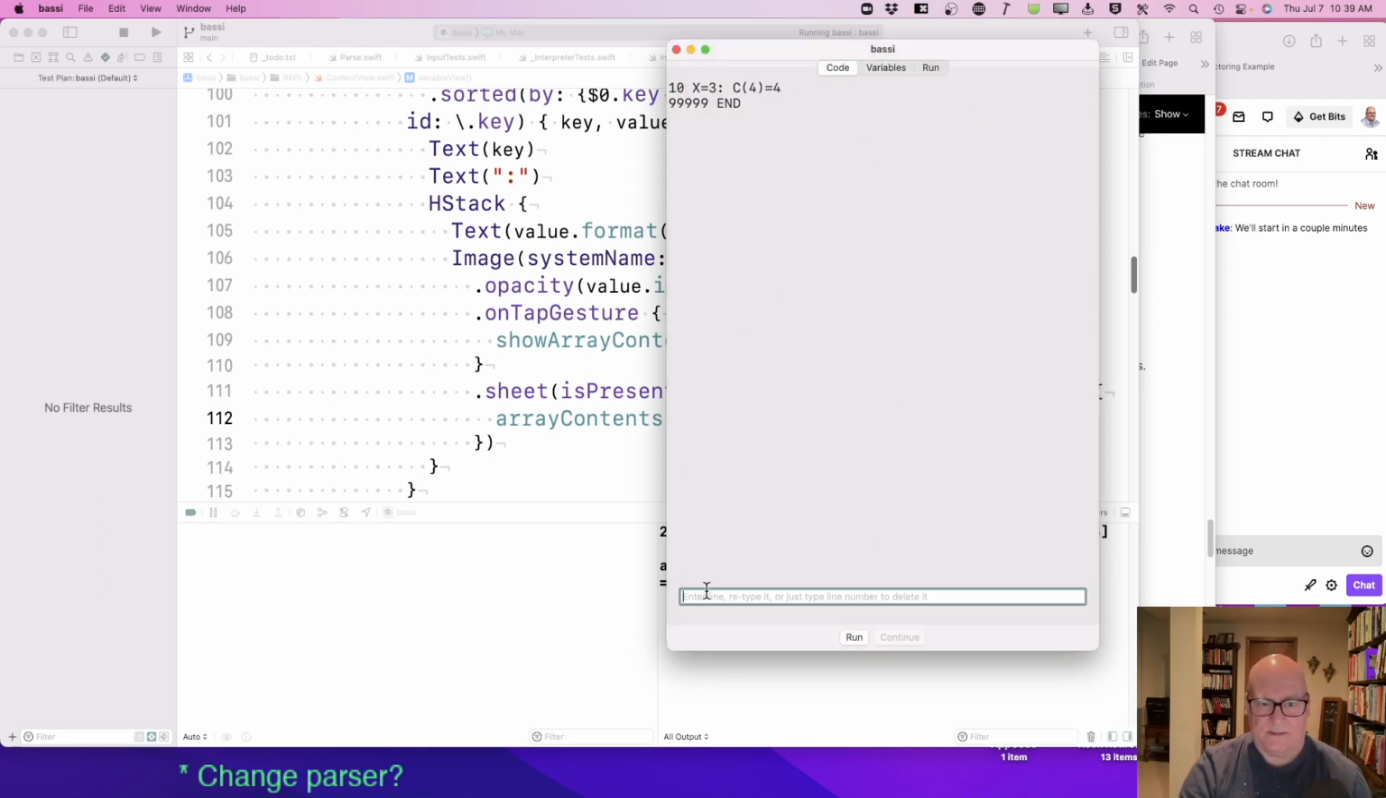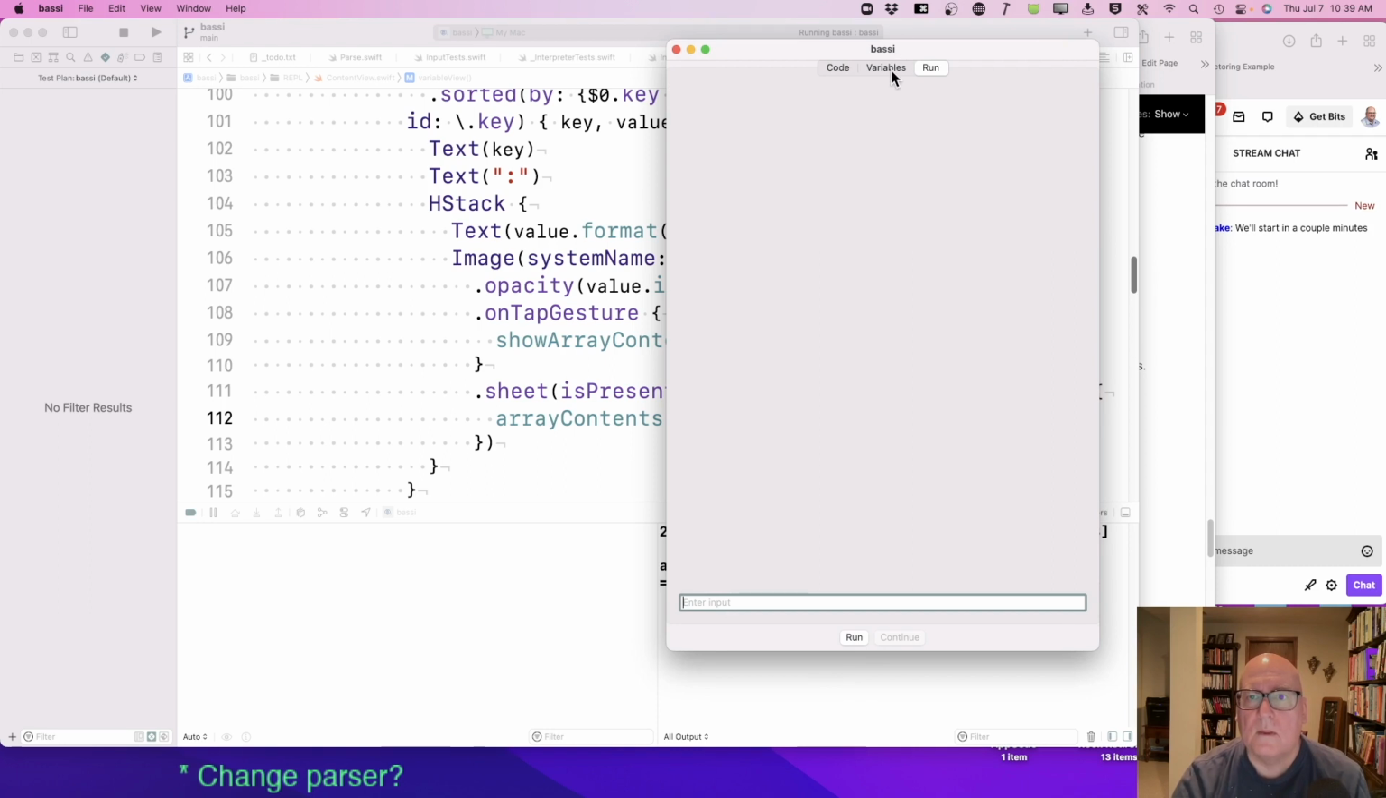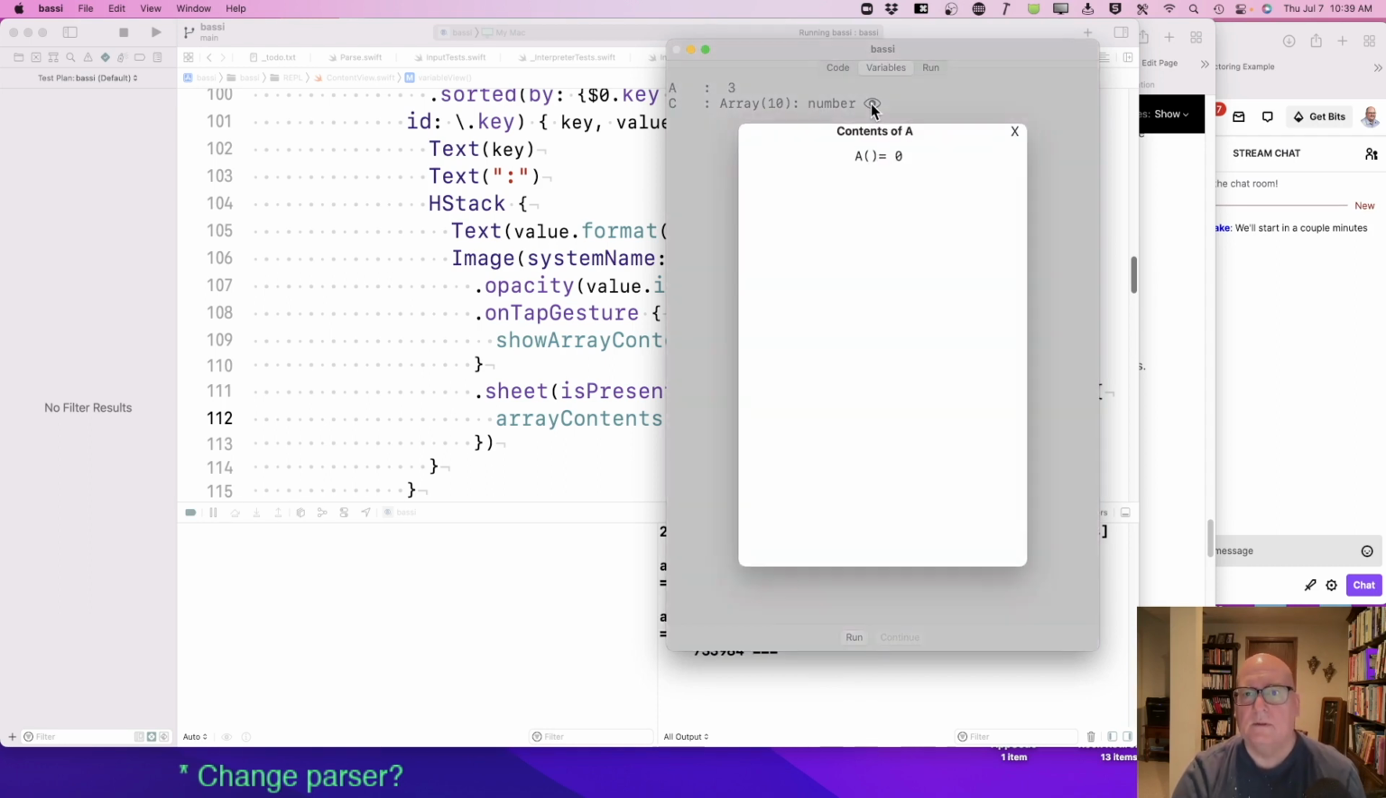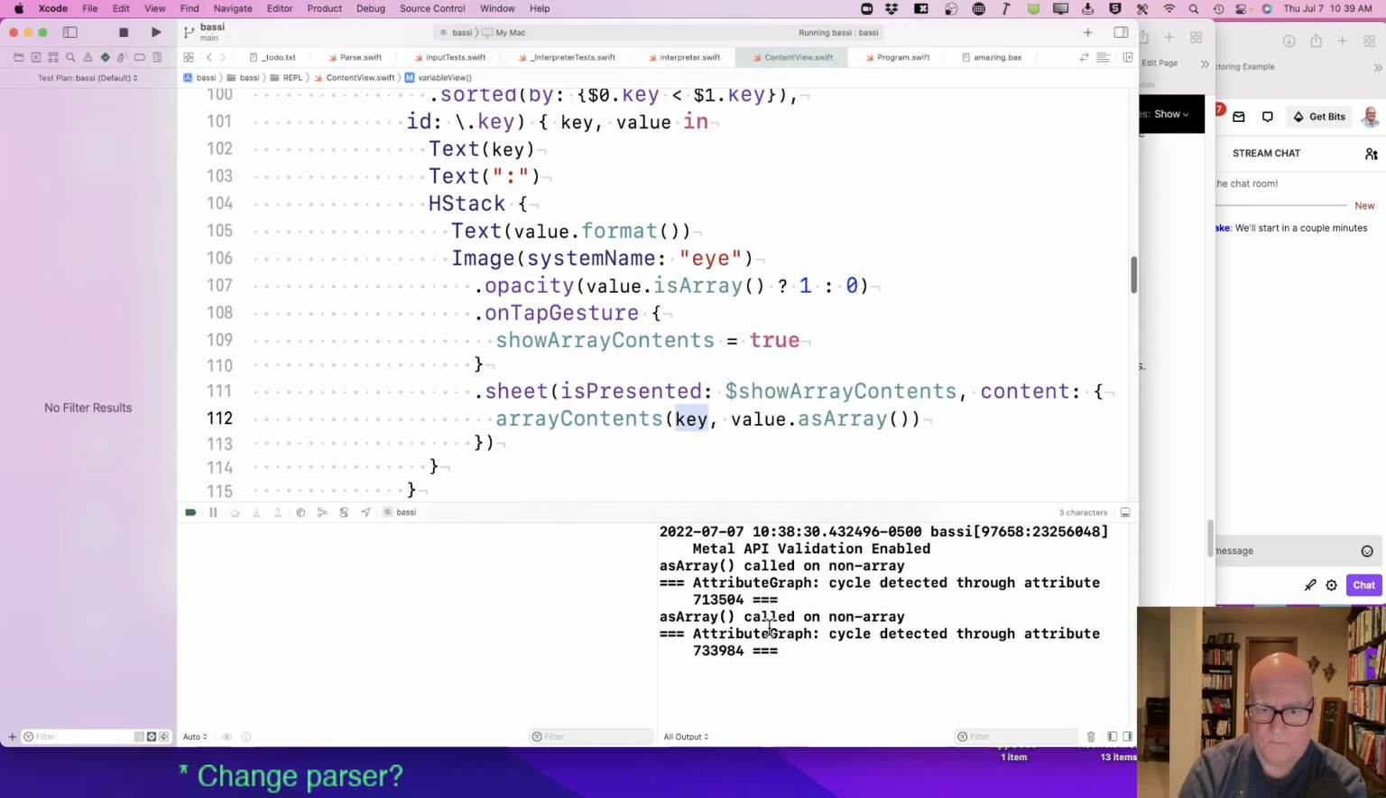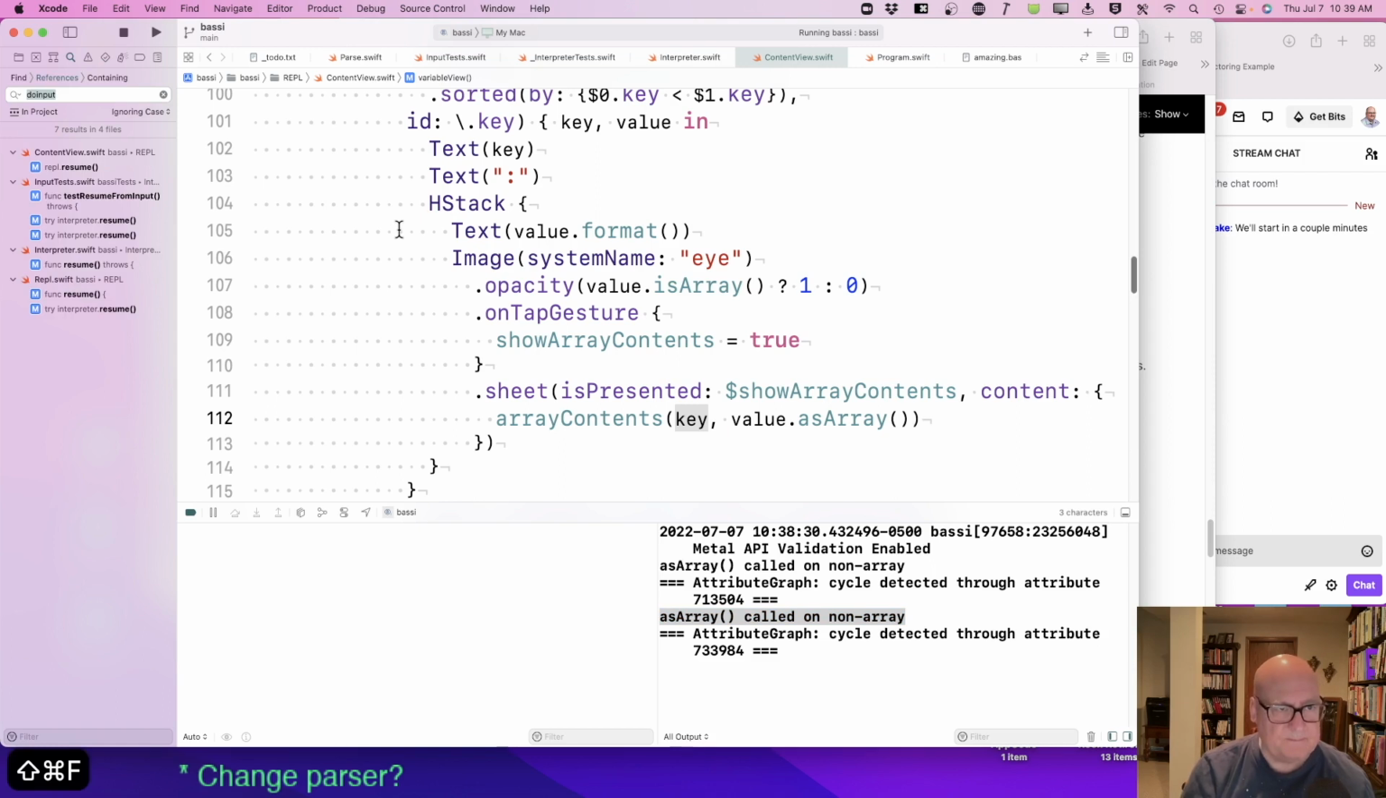Let's change this. Variables A3. Now this is A. Okay. Well, this could be better. I don't think it's necessarily, well, it's not good. It's not completely terrible, but